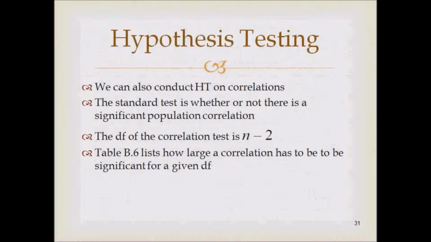We have another table in the back of the book, the R table. All you need to know is degrees of freedom and alpha. Your degrees of freedom is going to be n minus 2 because you lose 1 degree of freedom for each variable. And then you have alpha and you look up your critical value for that test. And once you calculate your correlation coefficient, you determine whether or not that value is large enough to surpass the